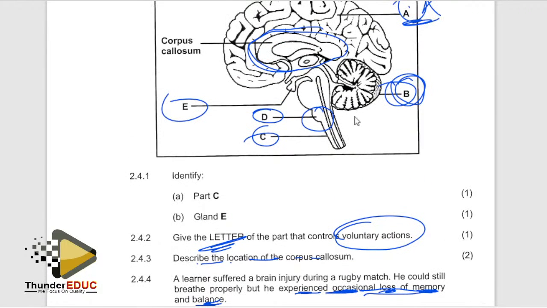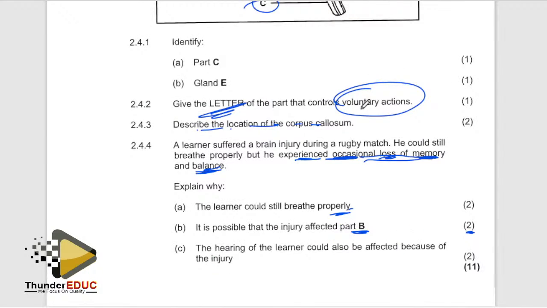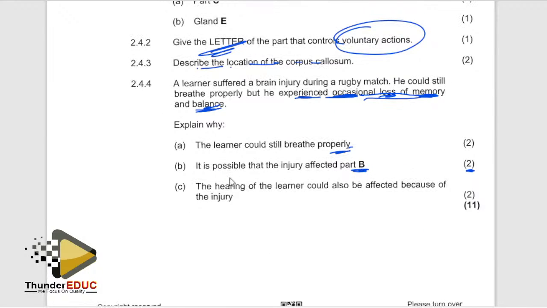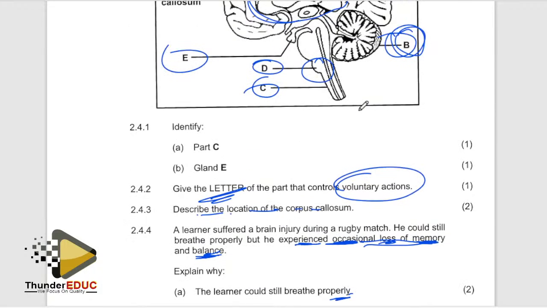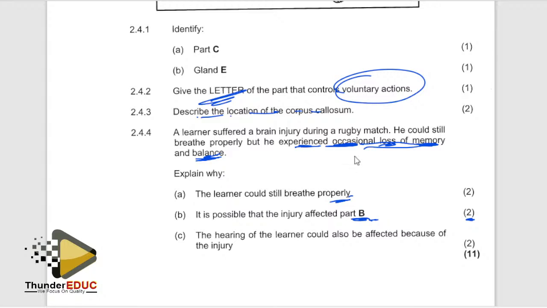Do you think this injury affected B? Yes, it affected B. It could be, because not that sure, but it could be. Why? Because the balance is being affected. Therefore, the person experiences occasional loss of balance. Then question